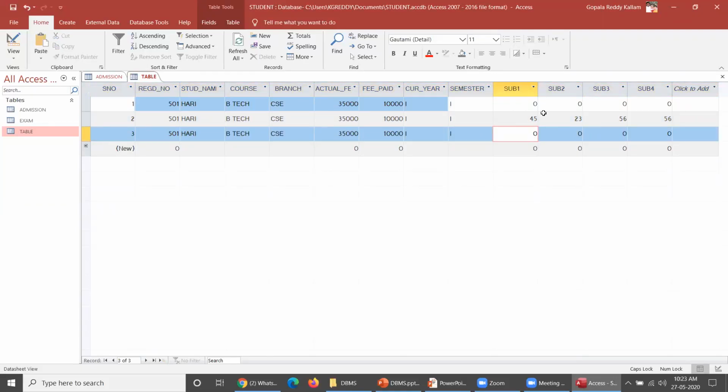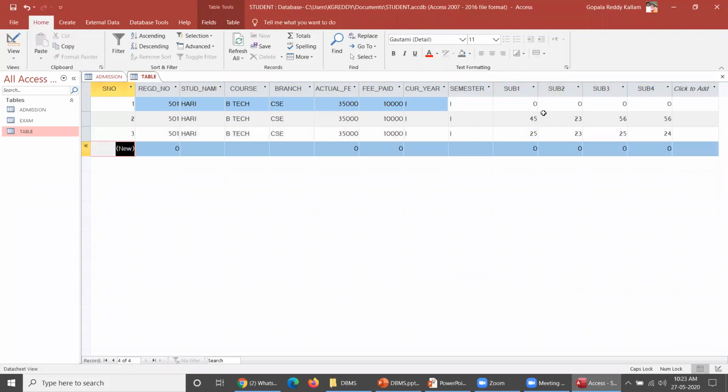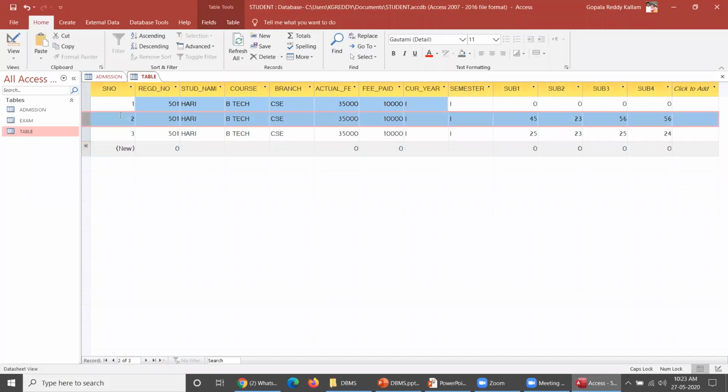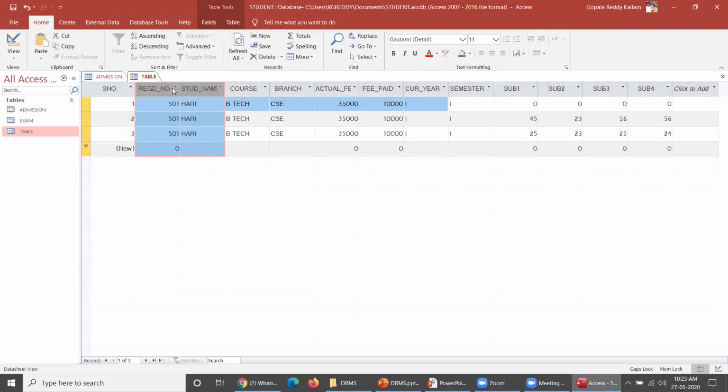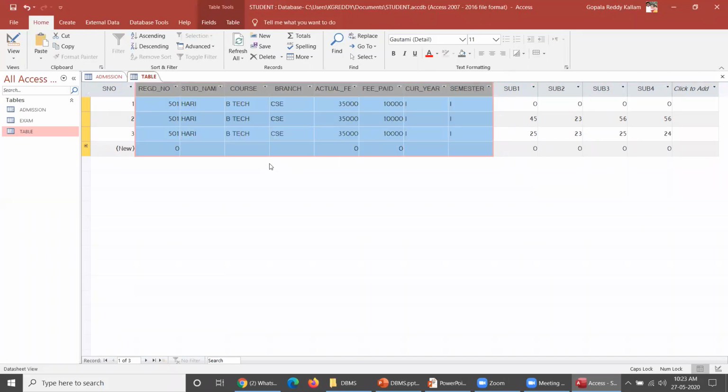So let me take some more information here, 25, 23, 25 and 24, something like this. If you are supposed to enter something like this, you may feel somewhat bored with these values. Let us consider register number. Register number is actually required, but what about student name, course and branch, actual fee paid, year and semester? For all these, you feel why am I unnecessarily entering this data. This unnecessary entering of data will be called as